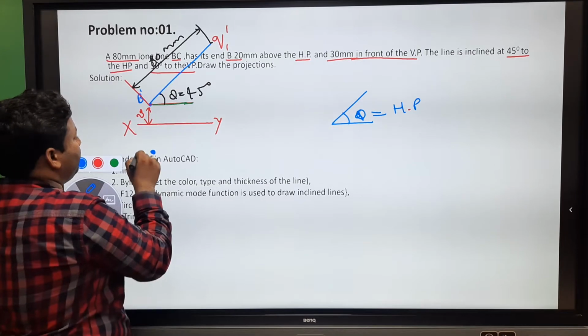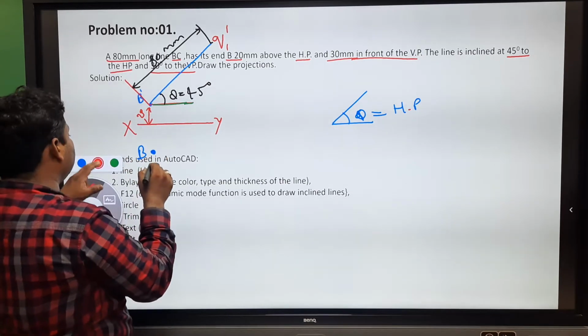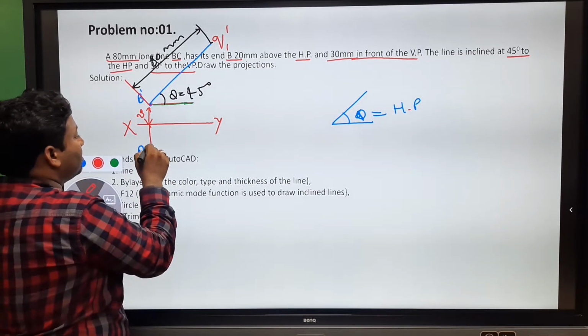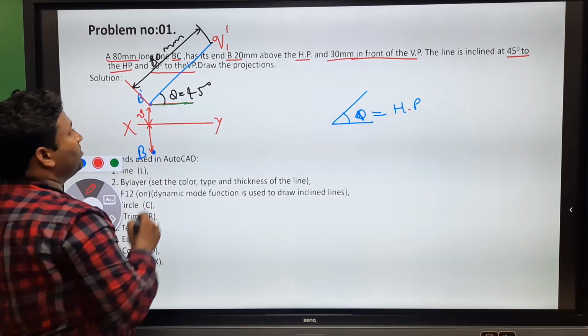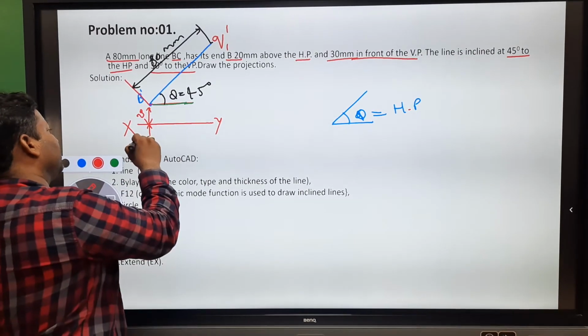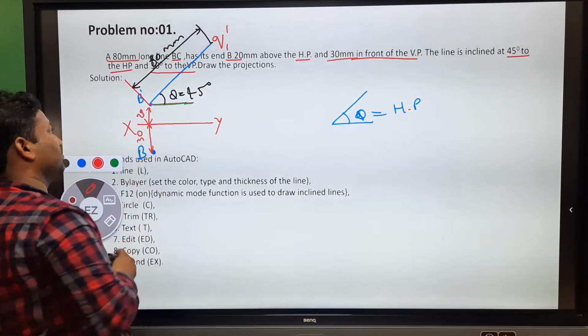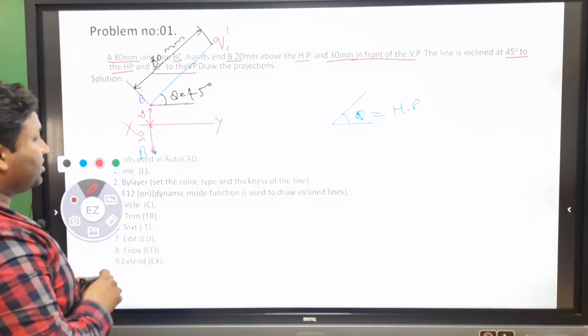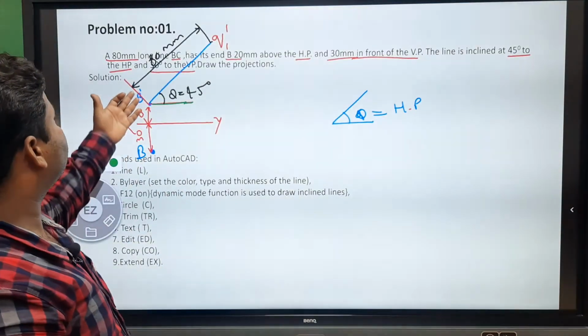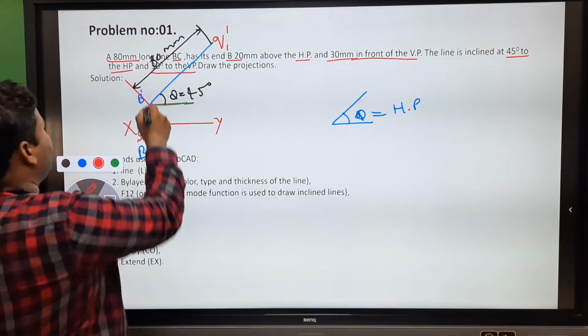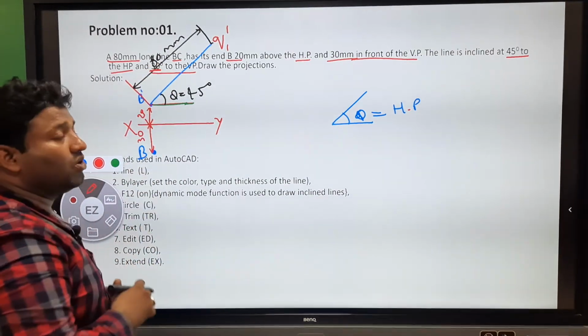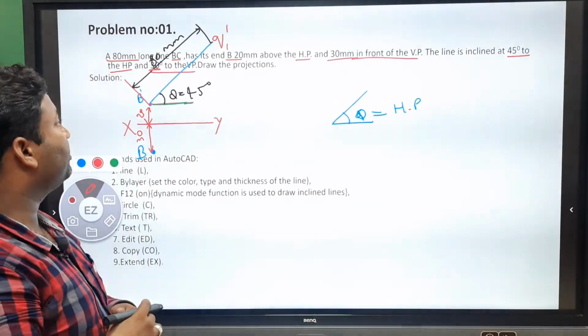This is my point B, which is 30 mm in front of the VP. Here I will write 30 mm. Now, after that, it is making an angle of 30 degrees. Here already we have this 30 degrees. So, it is making an angle of 30 degrees to the VP.